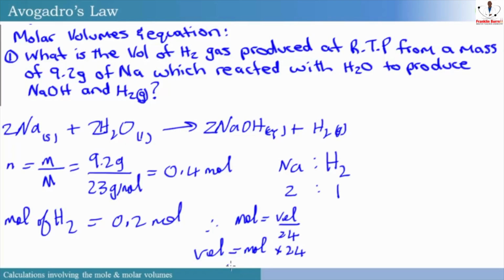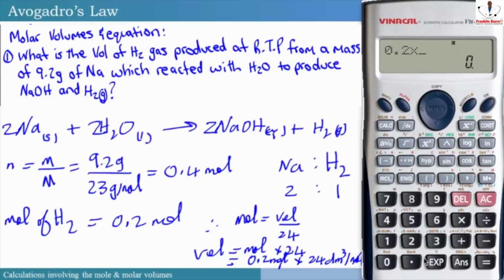And this will be equal to the moles here, 0.2 moles, times 24 dm³ per mole. So again, mole would cancel mole. So 0.2 times 24 would give us